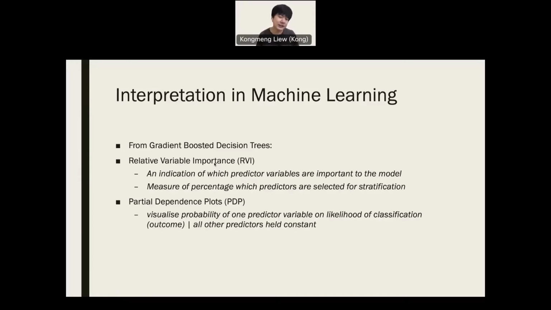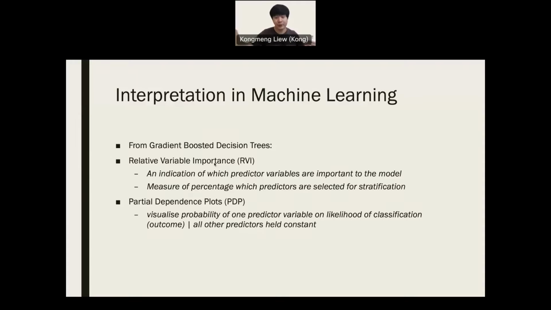While usually machine learning models are very black box, not very interpretable, that doesn't mean there aren't techniques that have been invented to try and unpack this black box. So I'll be introducing to you two different ones that I use, again from my research. The first one is what we call RVI, or variable importance. If you remember earlier on, I talked about how the model automatically, like a decision tree, decides which variable and which cutoff to stratify on in order to minimize the error for the model, right?